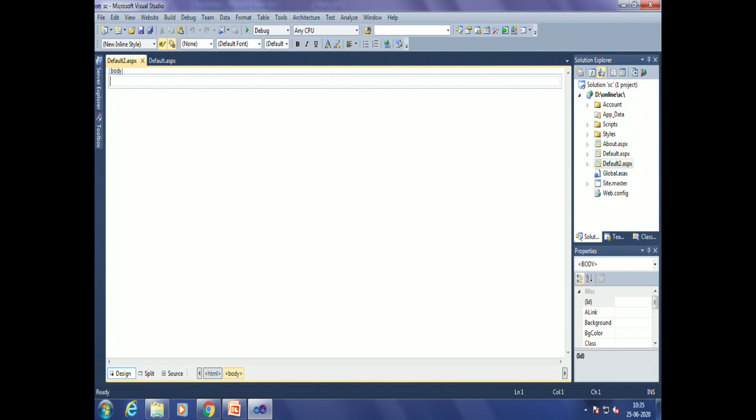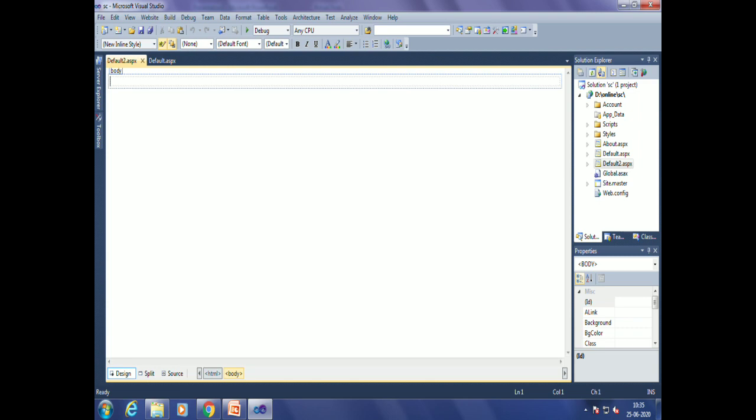We are very well aware, on right hand side panel, top side we have a solution explorer, on bottom side we have property window, left hand side we have a toolbox. Okay, by default we have default.aspx page. Look at solution explorer.